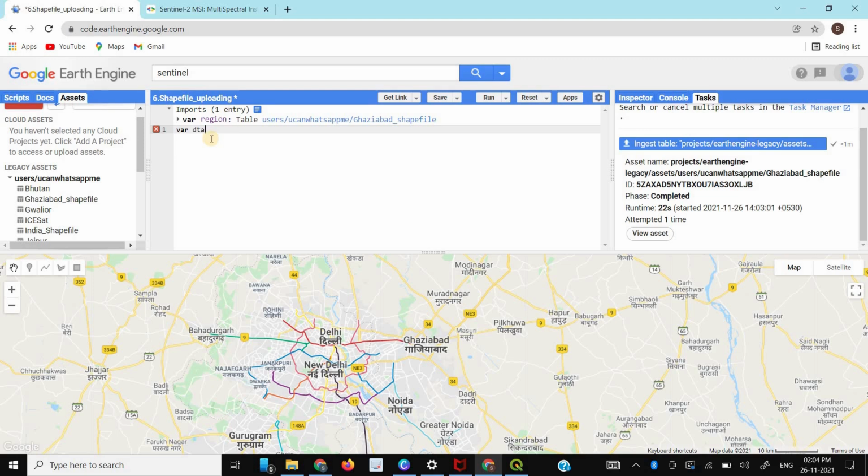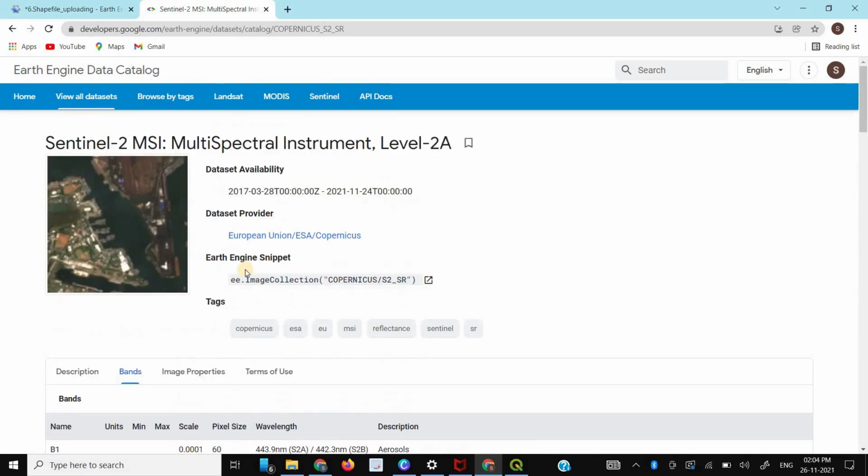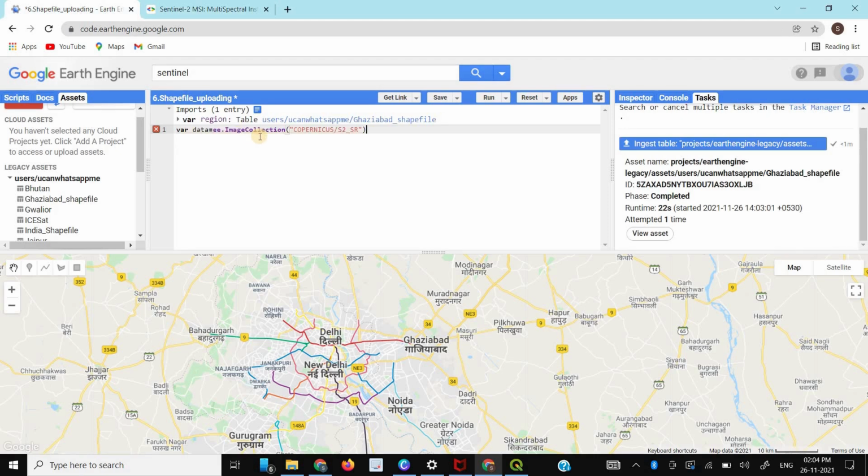Now I am importing the data like the previous sessions using Sentinel data. Then clip the data, then filter the data. Now clip the data.